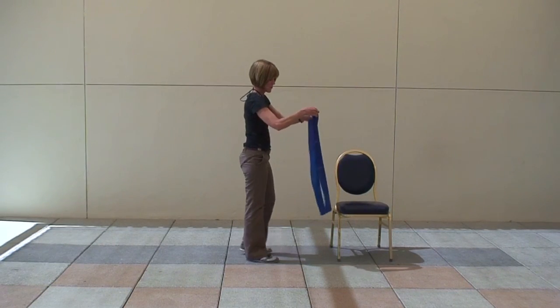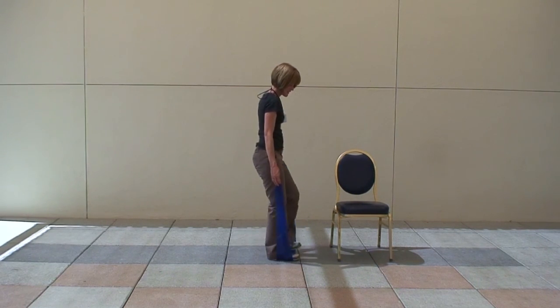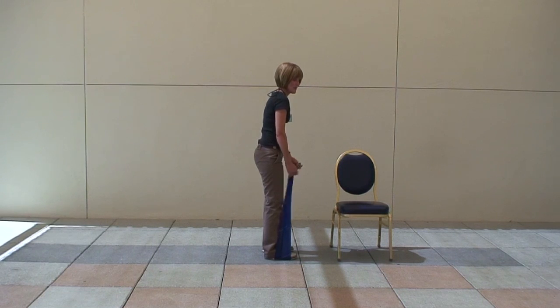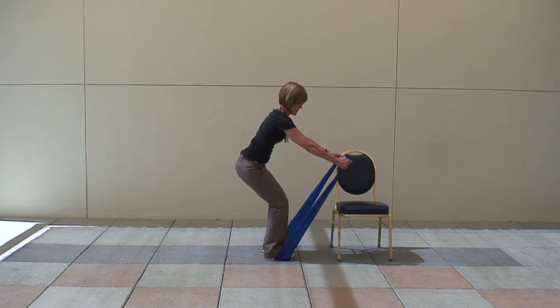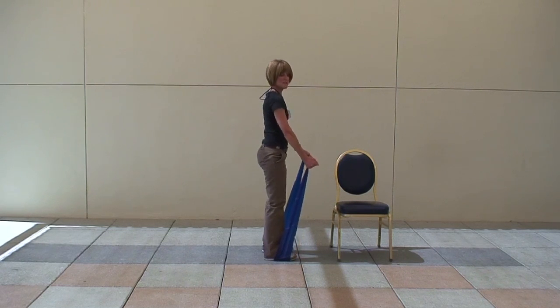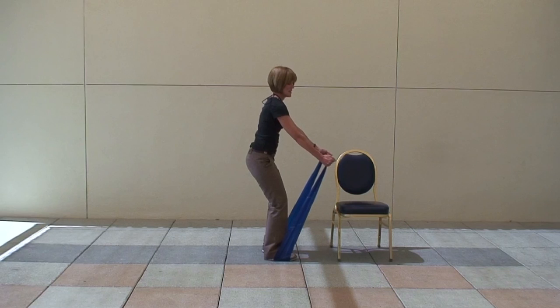And you can choose to do it with or without the band. Using the band, you would stand on the band again with your feet shoulder width apart. And you're grasping it, palms are facing each other. And the movement is just to sit back as you extend your arms forward. And then as you come up out of the squat, you want to be sure you squeeze with the muscles in your bottom. Okay, so that was 1,